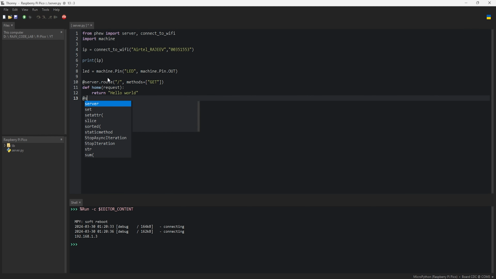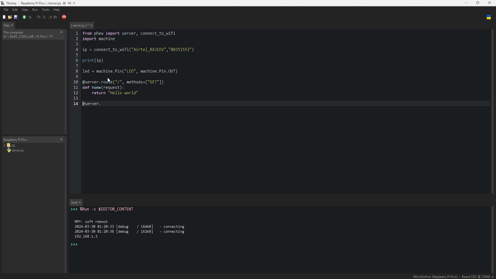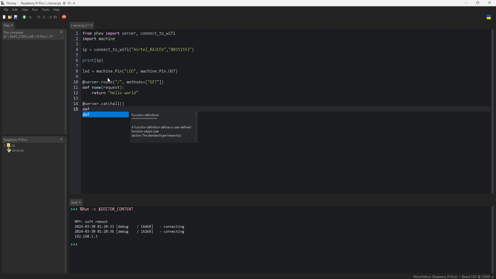And then what we have to do is define a server dot catch all. Let me just give one space here. Server dot catch all. So basically this route is for if we put anything apart from the defined routes, then it will just take care of it. It will say not found or something, so that's why. So now let me just catch all,